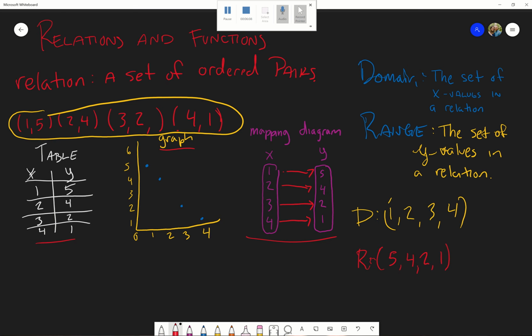So domain is the x values, range is the y values. All right, so given any of these kinds of diagrams, a table, a graph, or a mapping diagram, you should be able to find the domain and range of anything given to you. Let's say,